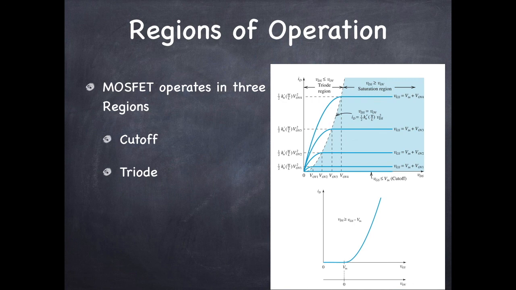Now when we go on increasing VDS, a situation comes when the channel is pinched off. That is, the channel becomes 0 at the drain end and thus further increase in VDS does not increase drain current. And this region is called the saturation region. In this particular region, the output current is independent of output voltage and it only depends on the input voltage, that is VGS. That is the ideal condition basically. And so the transistor can be used as an amplifier in this particular region. So this region is also termed as active region, analogous to BJT.